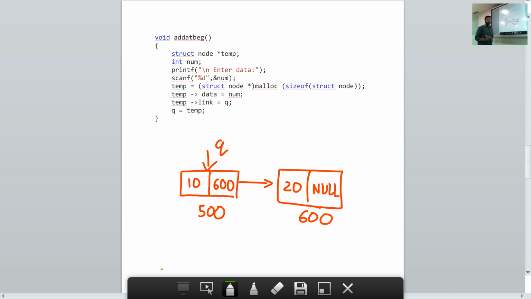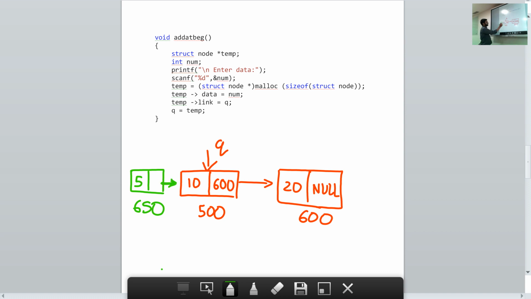So we call the main function, and we want to add a new node at the beginning of a linked list. We are going to add one new node here. We will assign some data value, say 5. Then this node will have some address, and then we have to link this node here.